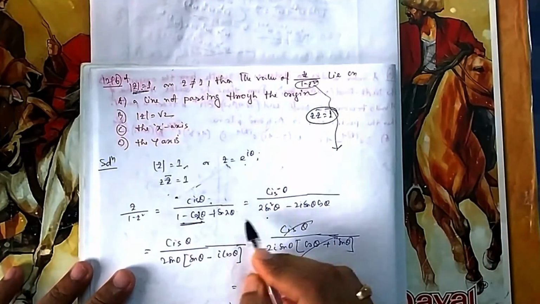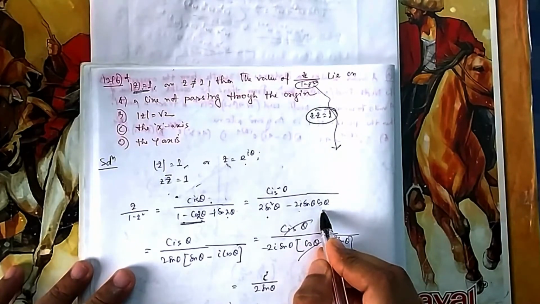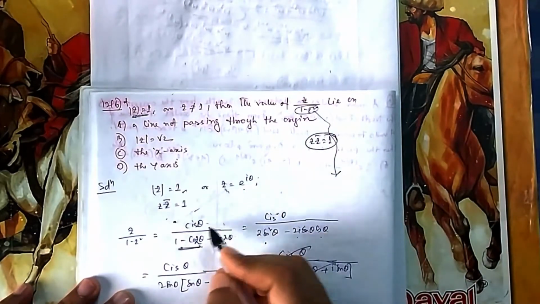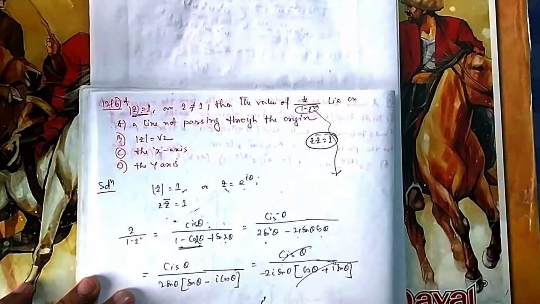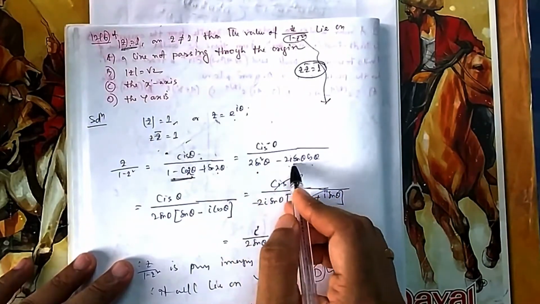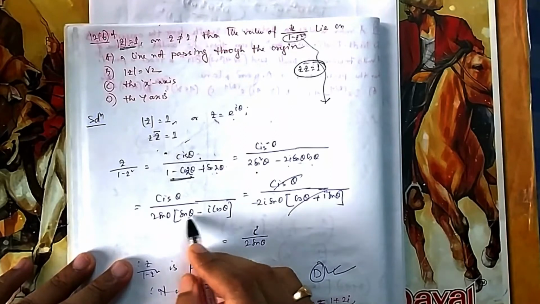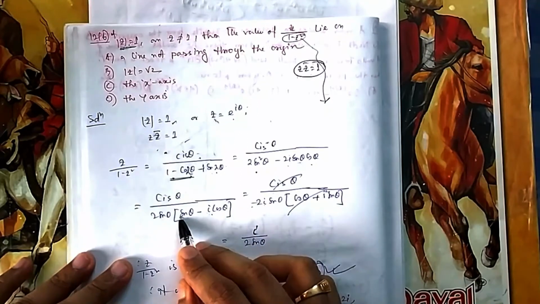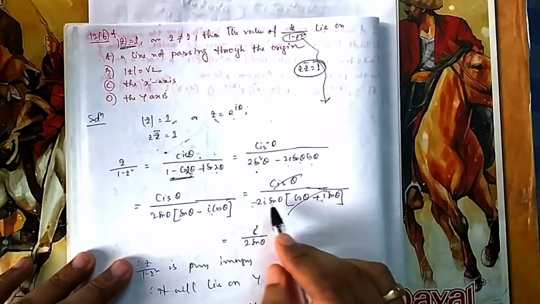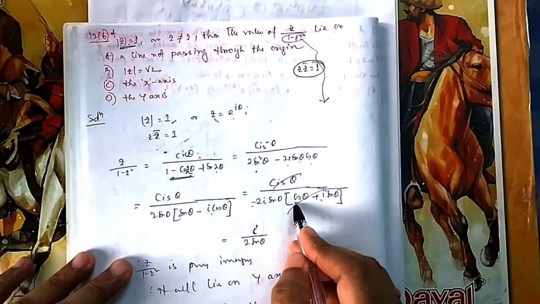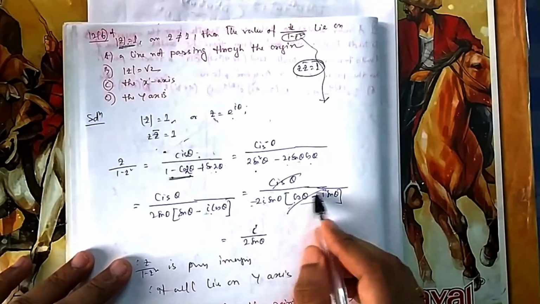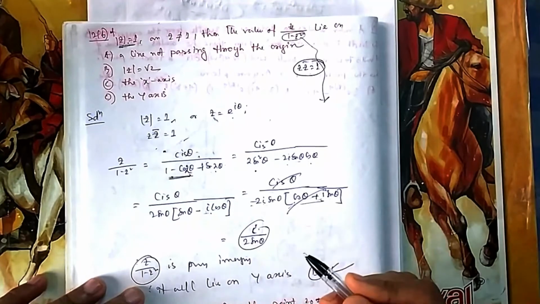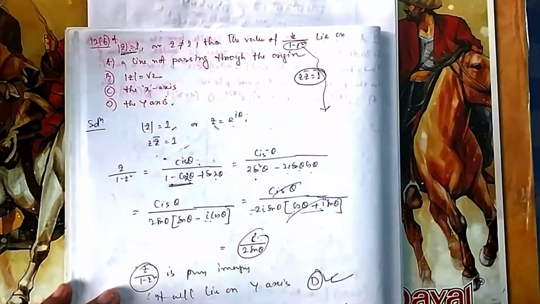So 1 minus cos 2 theta is 2 sin square theta, and here sin 2 theta you can write 2 sin theta cos theta. You can get it because why the 2 is coming is because of De Moivre's theorem. For z square, so cis theta square, instead of theta it will be cos 2 theta plus i sin 2 theta. Now you can take sin theta common, so it will be this one. Now if you multiply this one by i, suppose you take minus i common, so it will be cos theta plus i sin theta. You take product i square, then minus i square, that means plus sin theta minus i. So I have taken minus i common, so I got this one. Cis will get cancelled. You will get this one. That means this one is having only an imaginary term, so it will lie only on the y-axis. That is your option C.